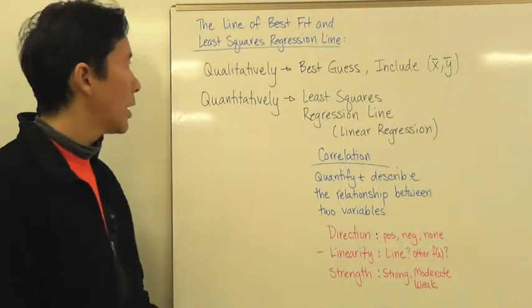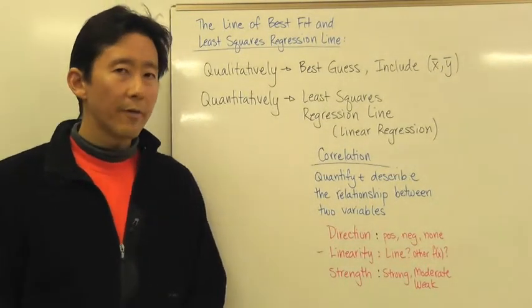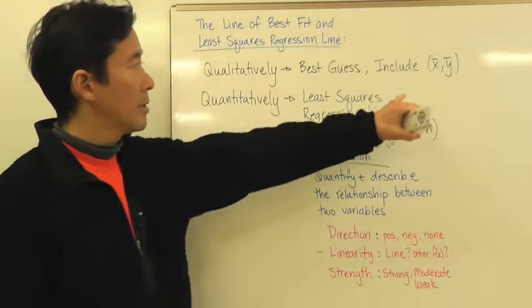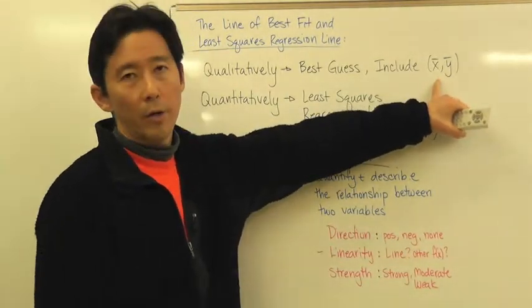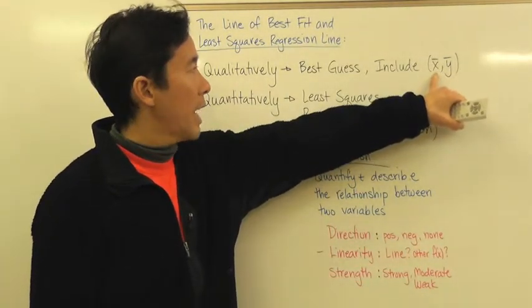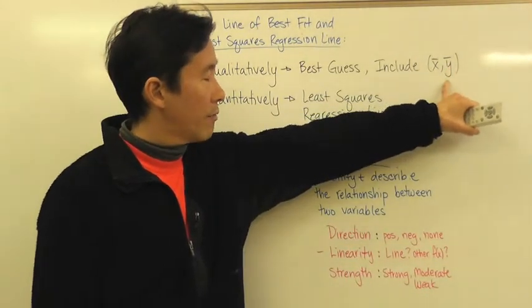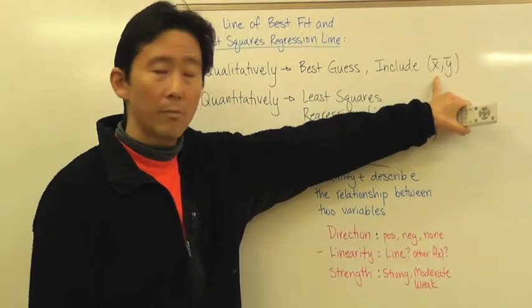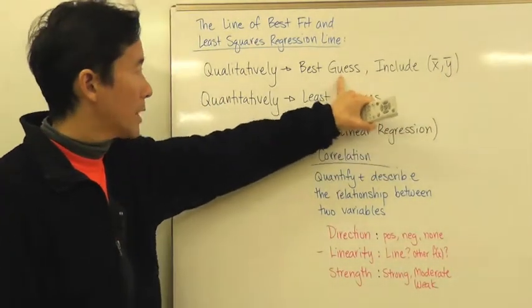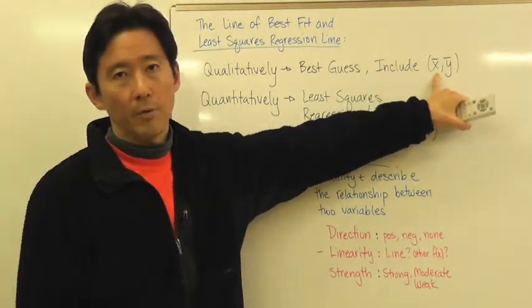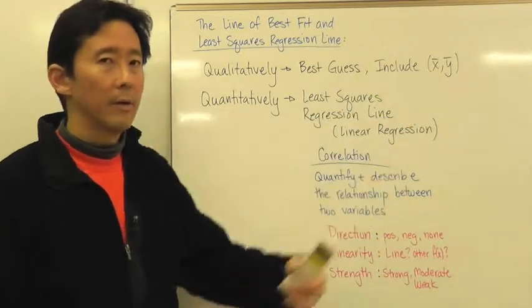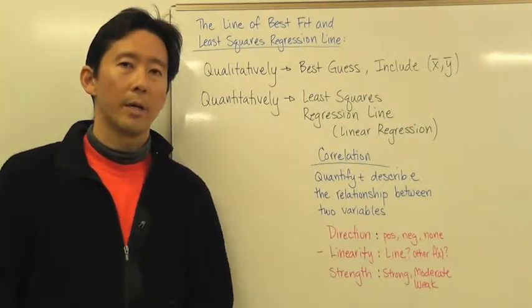Now, qualitatively, what we're going to have to include is this particular coordinate. In other words, here's the average of all the x values, here's the average of all the y values. If we go ahead and find those two values, then we want to make sure that whatever our best guess is, it includes this particular point. Now, that, of course, is never going to be mathematically